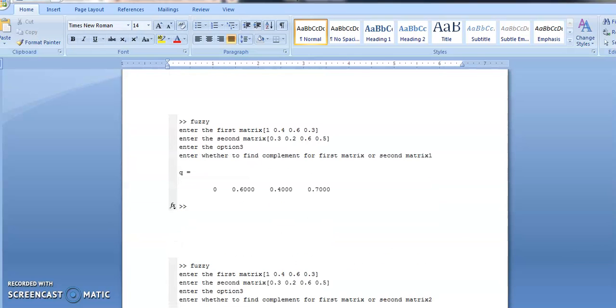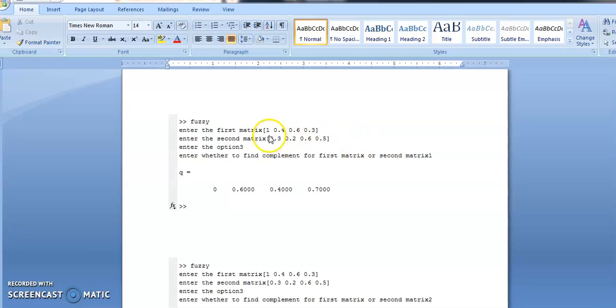If the user enters option 3, then again you are asked to enter whether to find the complement of the first matrix or the second matrix. If the user enters 1, the user wants the complement of the first matrix, and complement means we subtract the matrix elements from 1.